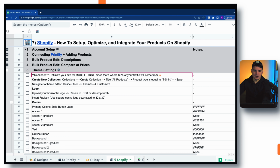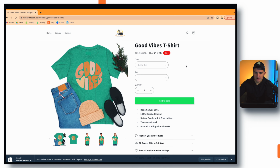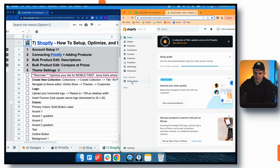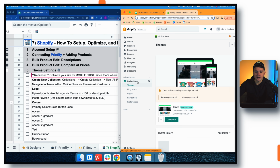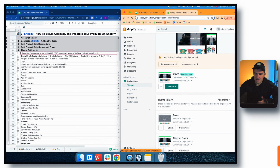And the way that I recommend doing this is pulling up your guide side by side with your Shopify store. The finished product is going to look like this. I'm going to pull up a blank theme and we're going to go through all those changes together. And the way you optimize your theme, or you're able to edit it, is by going to, on the left hand side here, online store, themes, and then your Dawn theme is the current default theme, and you just hit